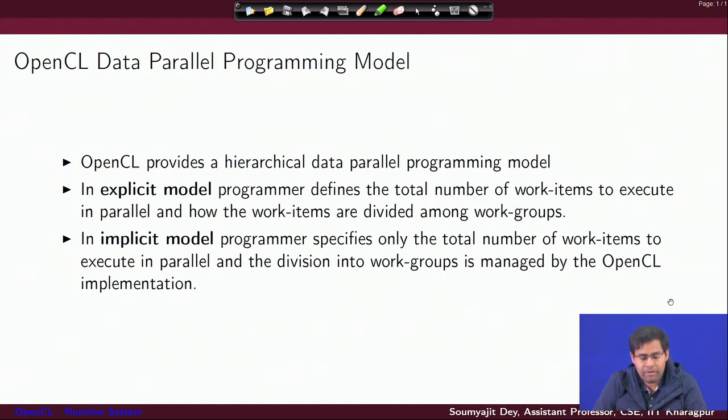And you can also have an implicit model where the programmer will only specify the total number of work items to be executed in parallel, and the actual way in which the work items would be divided into the work groups will be managed by the OpenCL implementation. This is important. This essentially means that as a programmer you can choose to explicitly specify the hierarchy of work items and work groups, or you can let the runtime system take care of that. That would be the implicit model.